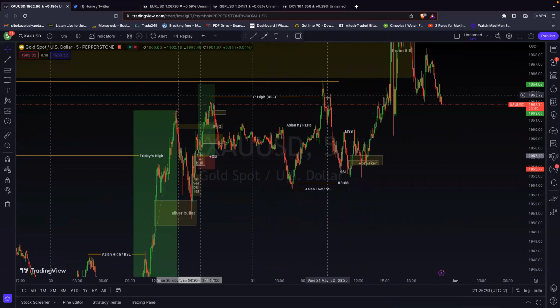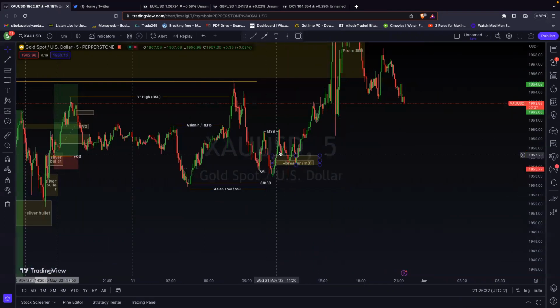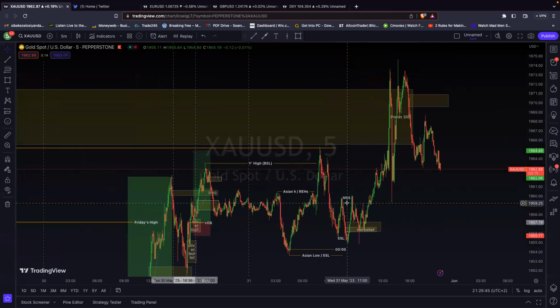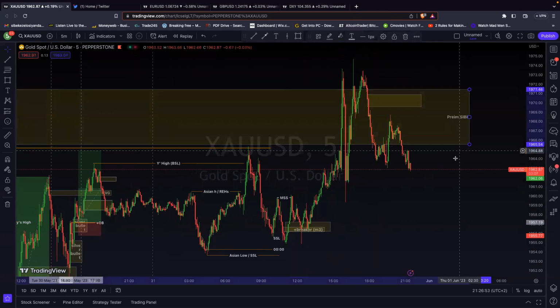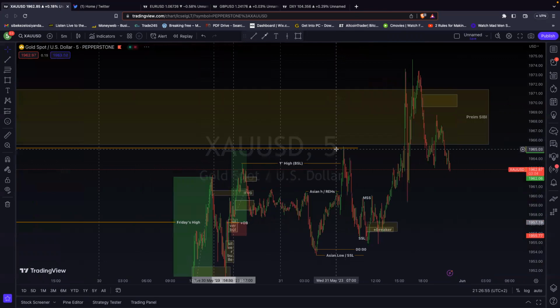So we took the Asian high, formed a model, a bearish market structure shift, went to premium, came back down, took sell side here, sell side there. And then during that time, we came back after taking this sell side again, created a market structure shift, price came back, almost took the low here. It was extremely discounted here. And then we went up, took out buy side, and then we feel that this is a premium PC on 1 hour that was resting above relative equal highs. If you check here,